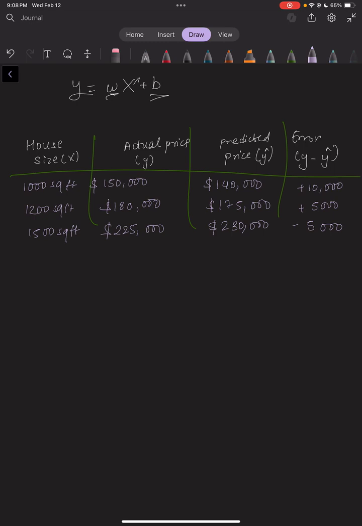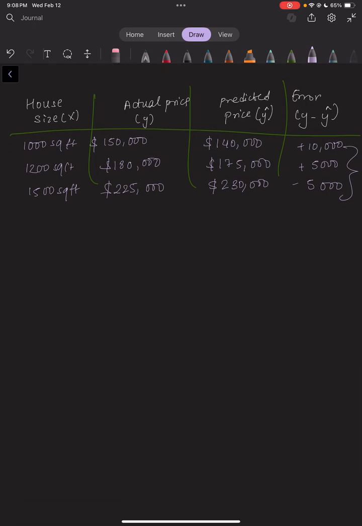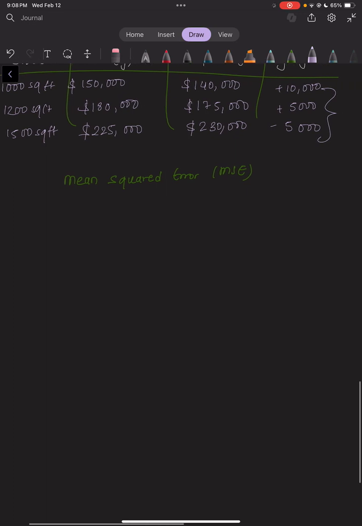So the cost function takes all of these errors and summarizes them into a single number. Notice how some of the errors are positive and some are negative, and that's going to come into play later. So let's talk about how we actually calculate this cost. The most common way is using what's called mean squared error, or MSE, right? So the formula for this is,